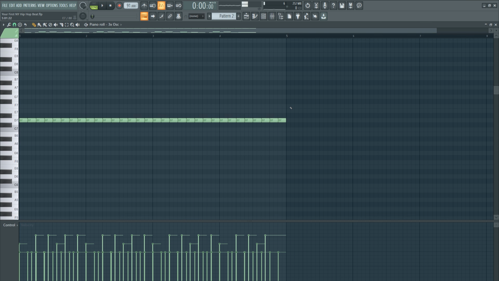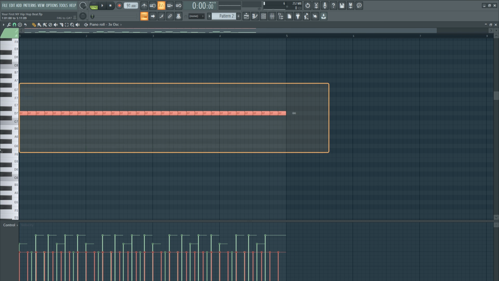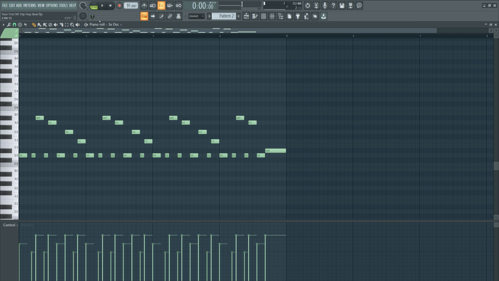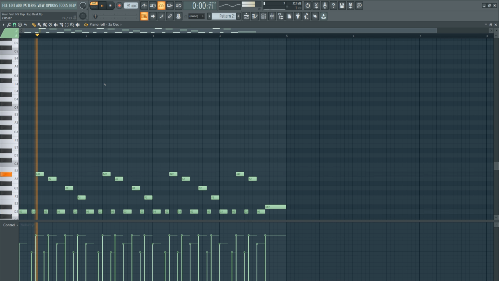Now all I'm going to do here is scroll up with my mouse wheel, hit Control, grab those top notes and just delete them. So now all we're copying is the bass. Now go to pattern mode so you can hear the bass. So that's too high of a bass, so what I'm going to do is hit Control down. And this is just going to support the track a little bit underneath.